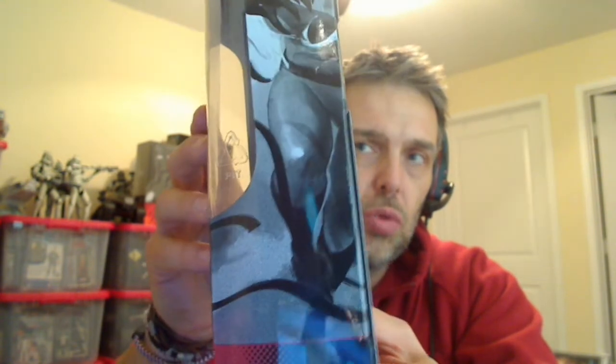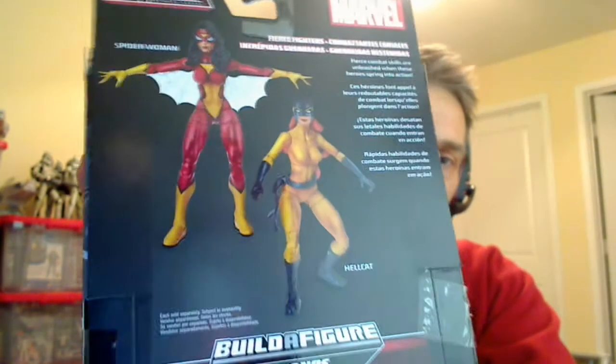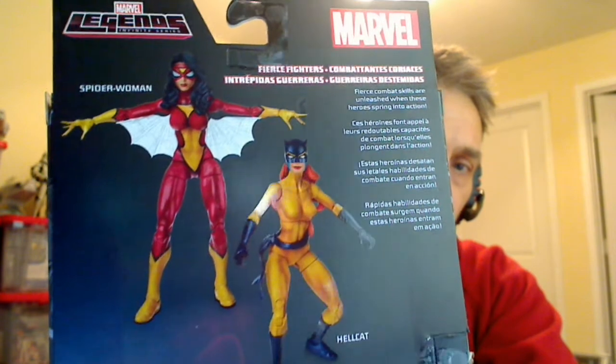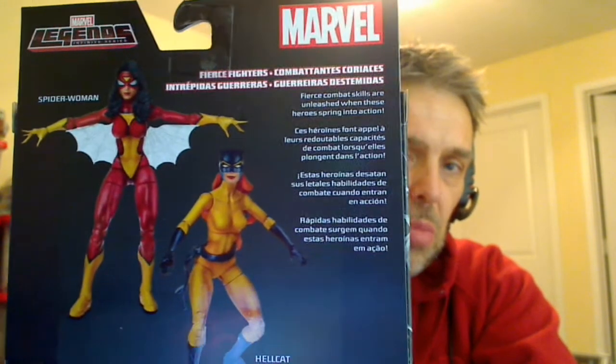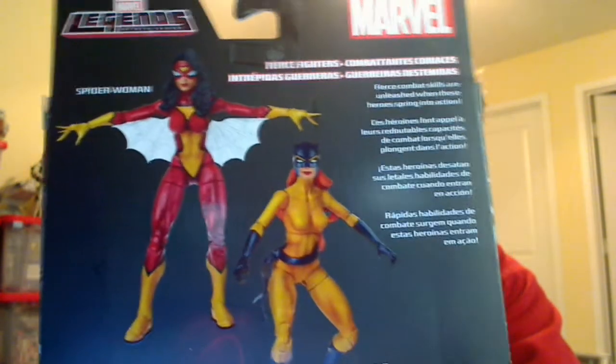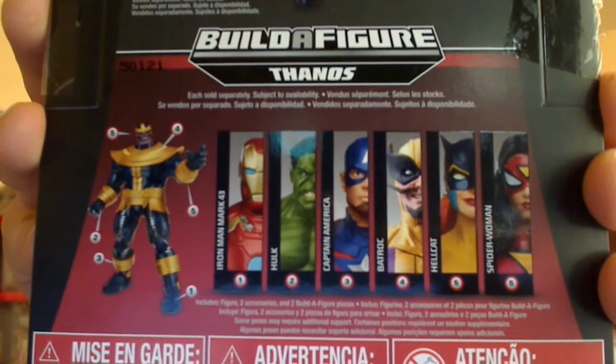So it's a kind of dual-use packaging, which is confirmed at the back there. You can see there's Spider-Woman there and Hellcat. So the pack serves for both the figures to be presented. It's just saving some money for Hasbro on reprinting the pack. So there we go. Down at the bottom is some of the figures, all of the figures in fact, that